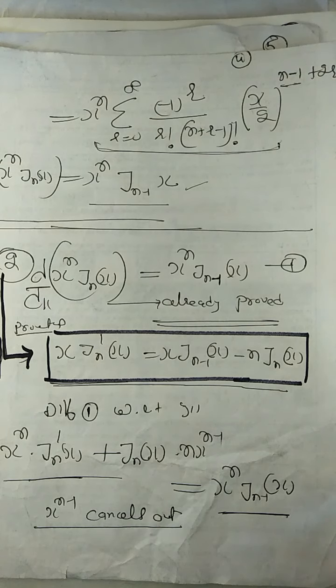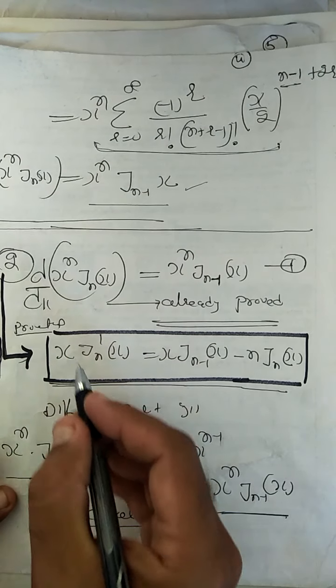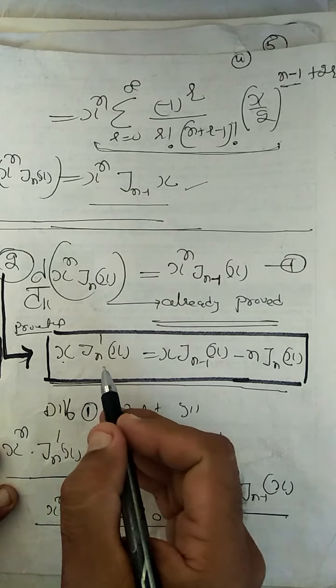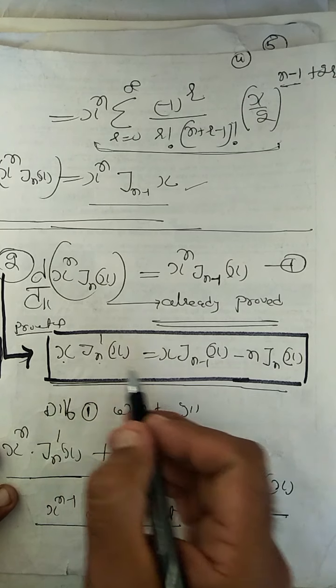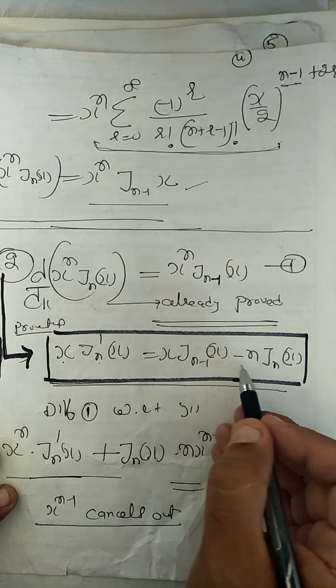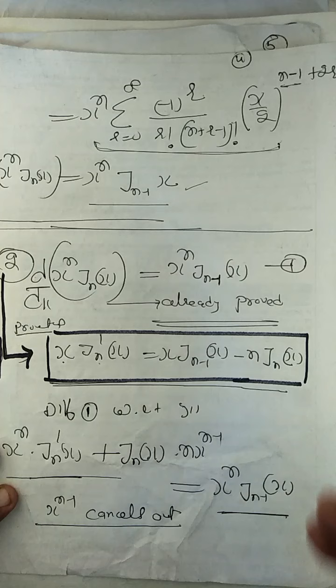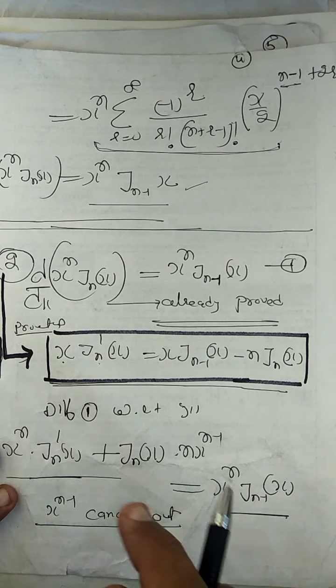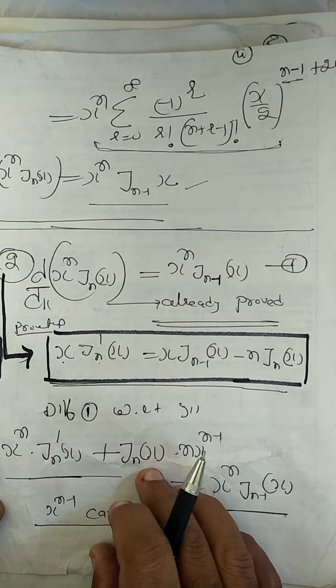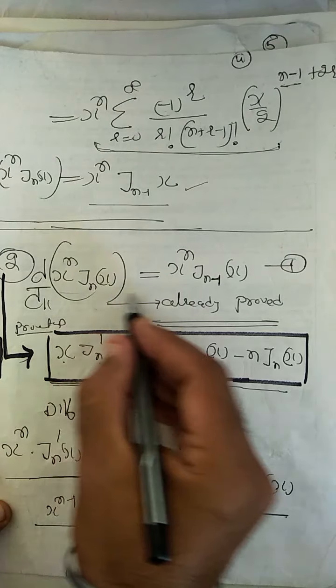So now the second recurrence relation, the result is x J_n'(x) = x J_{n-1}(x) - n J_n(x). Now to prove this result, we just differentiate the recurrence relation 1. So recurrence relation 1 is this,